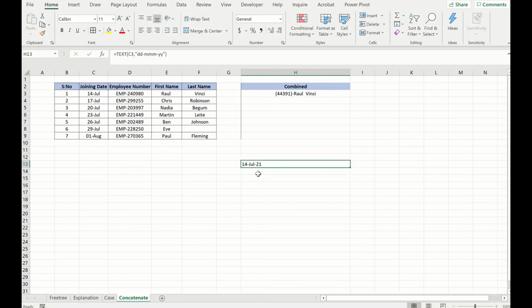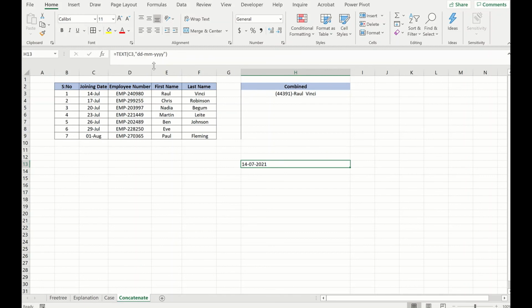And that gives you the format you want. If you just put two Ms, that's going to return numbers again. Or if you want all four digits of the year, you can still do that. So you can format it the way you want.